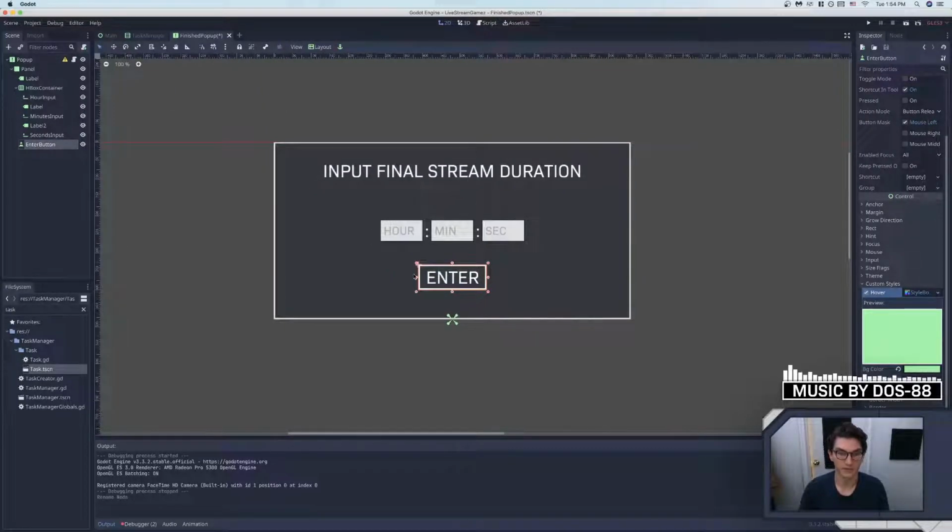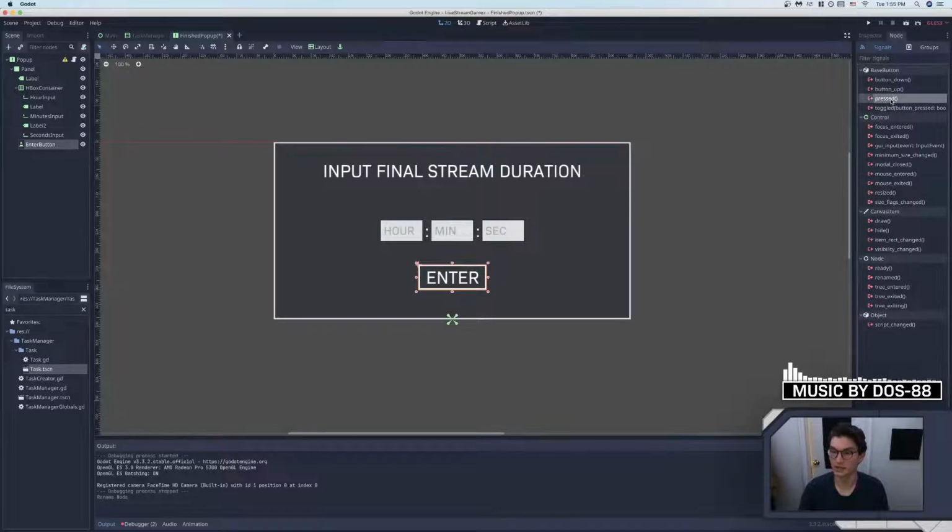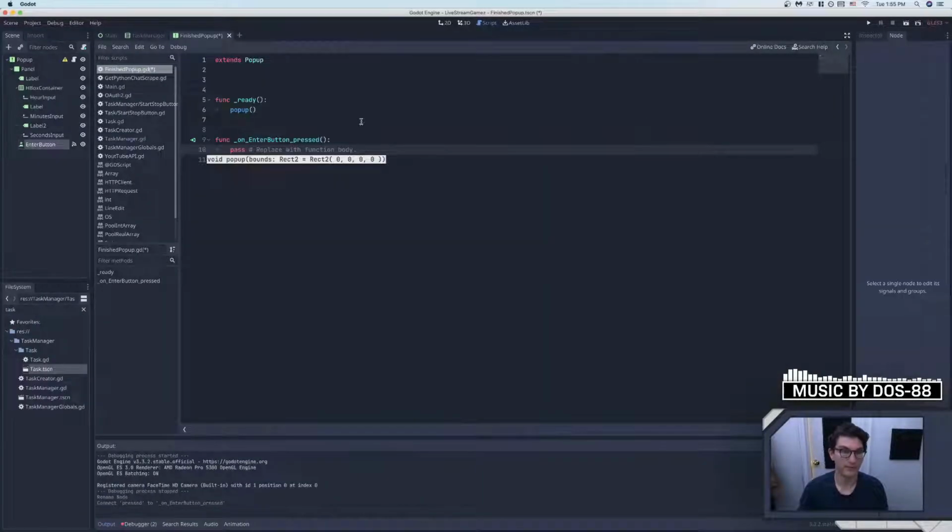But okay, so input final string duration, you do that, and then what we're going to do is simply connect the button signal of pressed up to the pop-up here. So on enter button pressed,